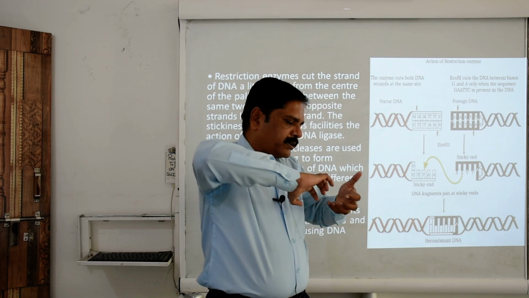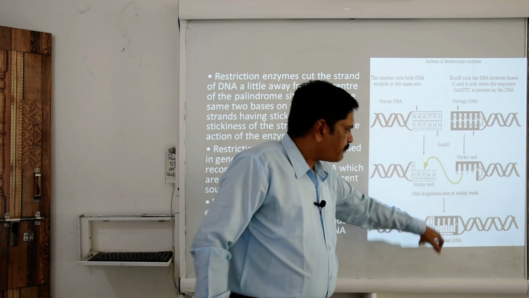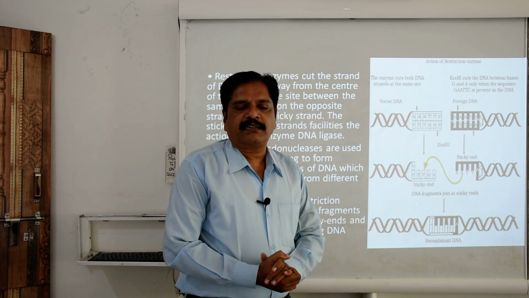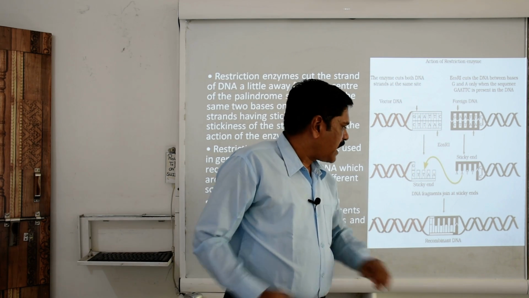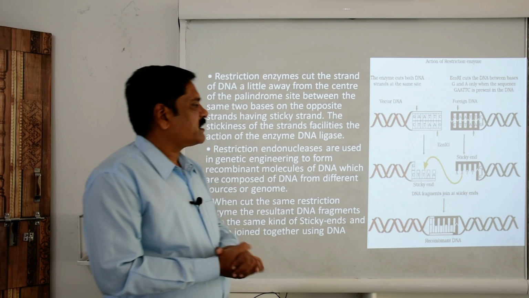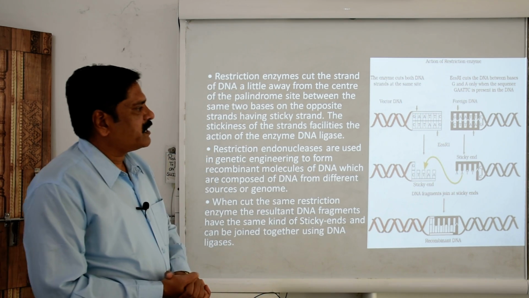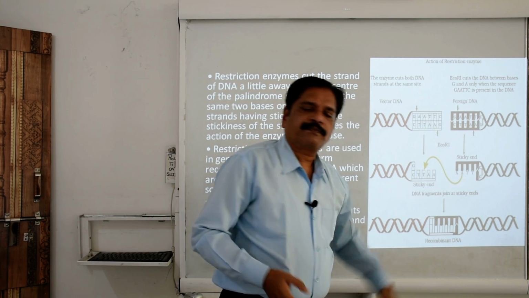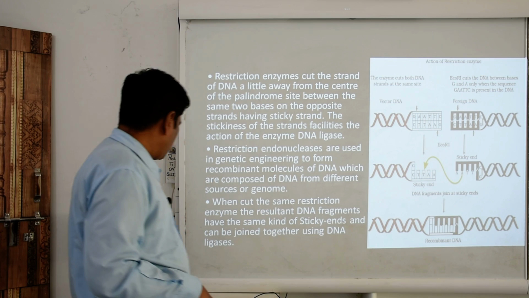So then these two are used to combine. This extended part of the palindromic site is used to combine with this one. It is called the addition site of the DNA segment, and it basically needs to combine and form this recombinant DNA, and this addition is performed with the help of the DNA ligases. Okay, now